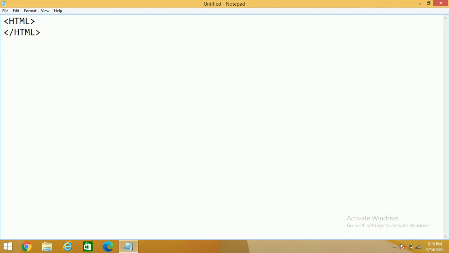So किसी भी command को जब आपको बंद करना पड़ता है, that is called container tags. But there are some commands which you don't have to close, like BR. BR is break, to give the line break. So BR you can use and you don't have to close this tag. So this is called an empty tag, when you don't have to close any tag. Next, one more tag which is again a part of empty tags is HR, to give a line.